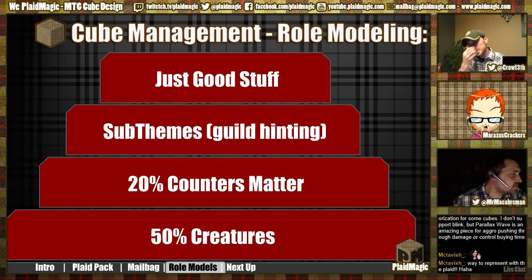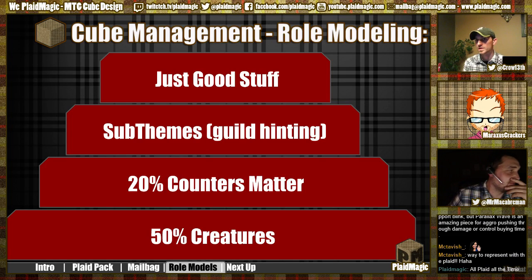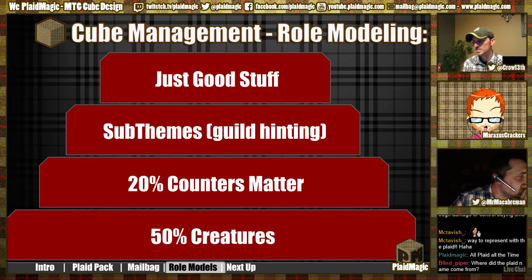Yeah, and really the question that was proposed today is a matter of balancing everything out, and the only way I can really think of doing it is by making sure that you know what your ratios are, because you can't balance something out if you don't know them. So by incorporating this type of role modeling in your cube, or cube segmentation, what it does is it allows you